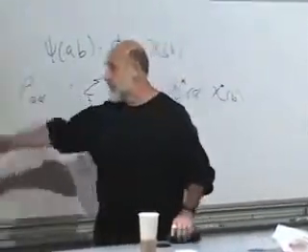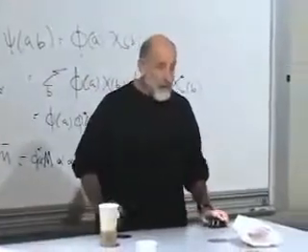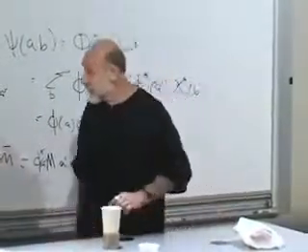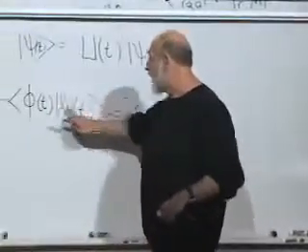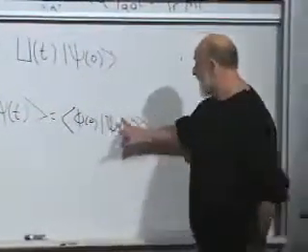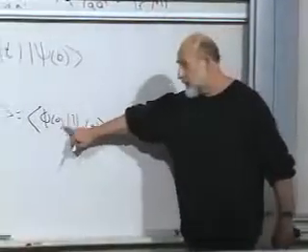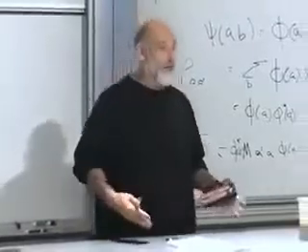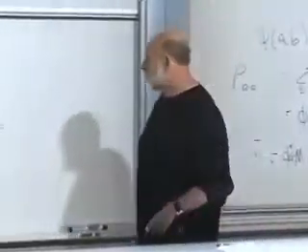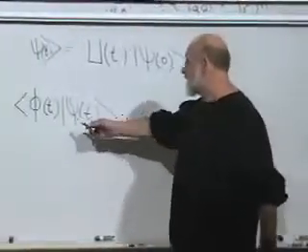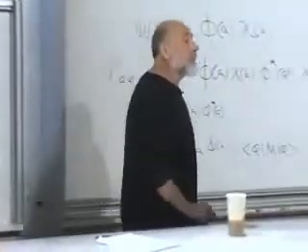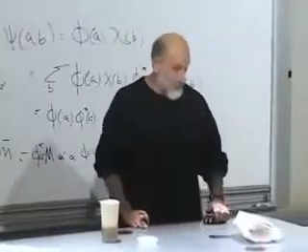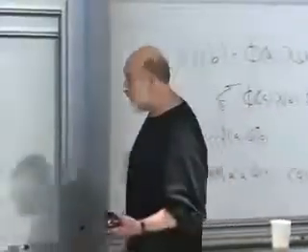From that you can prove that inner products remain invariant. But in particular, for example, if phi and psi are the same, then this is just a normalization. Phi is just a normalization which we normally set equal to 1. This is just a statement then, if phi is equal to psi, that the total probability doesn't change with time, that the normalization of the state doesn't change with time.